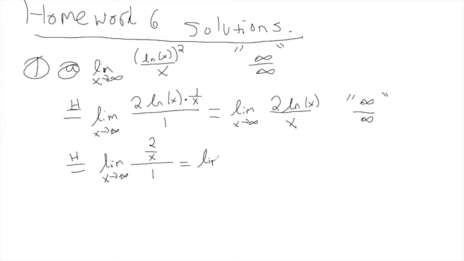This is the limit as x approaches infinity of 2 over x, which of course is something we've dealt with before. This is 0. I have something fixed on the top like a 2 and something going to infinity on the bottom. Great. On to part B of problem 1, I have the limit as x approaches 0 of sine